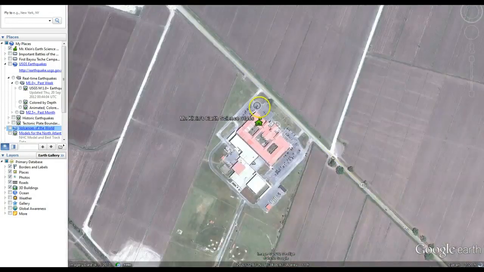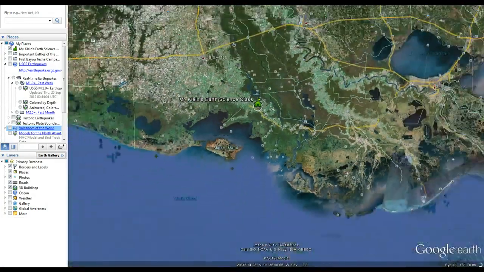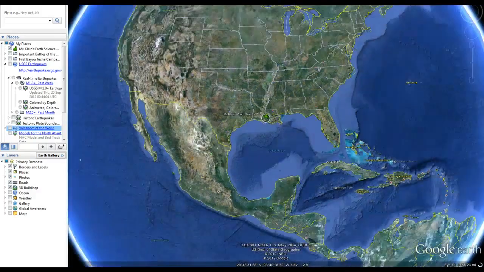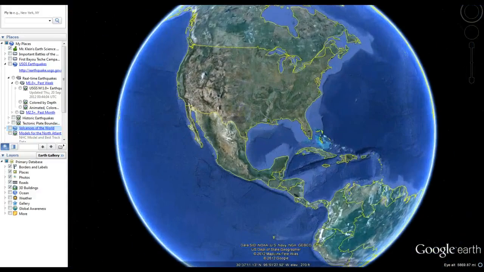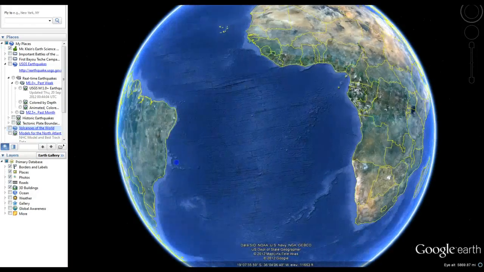Here's my class. So let's zoom out. And we need to do some investigation like a scientist. Now, as in our Chapter 7, Lesson 1, we talked about the continental drift theory. Alfred Wegener talked about how he was convinced because South America right here and Africa right here seemed to fit